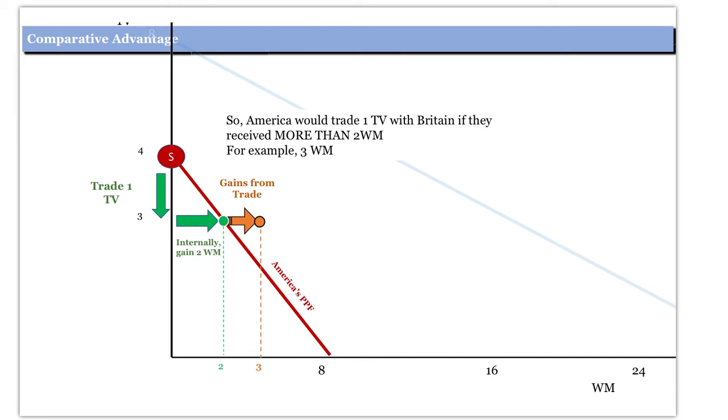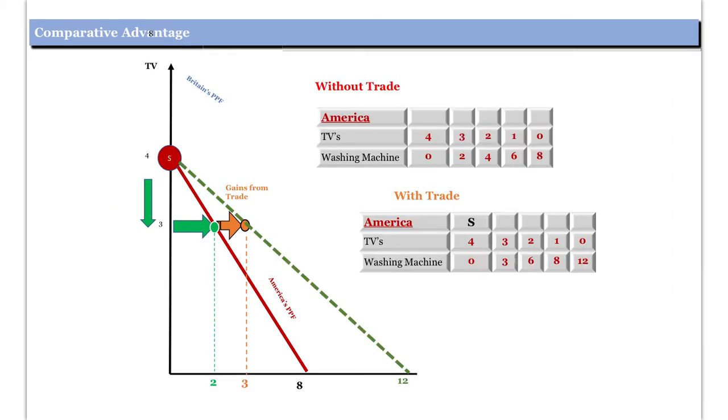Let's have a little look at this, zooming in on this bit again. In other words, America will take its 4 televisions, it'll trade 1 with Britain, and so it ends up with 3, that's 1 less than 4. Internally they could get 2 washing machines, but the gains from trade would be if they could actually sell their televisions and get, let's say, 3 washing machines, so they would go out here. But you need to question then, is that going to be the same for Britain in a minute? So this slide is going to show you here